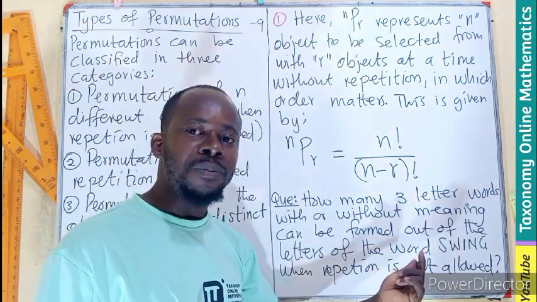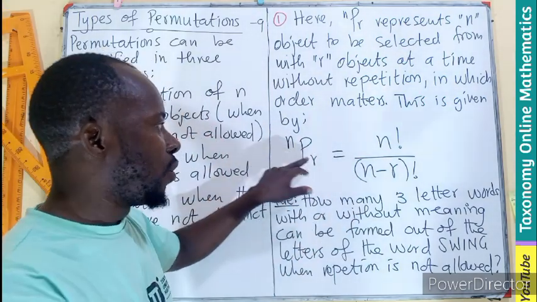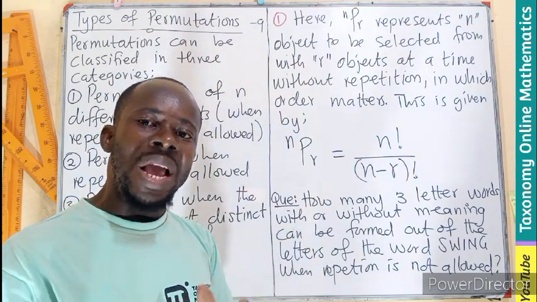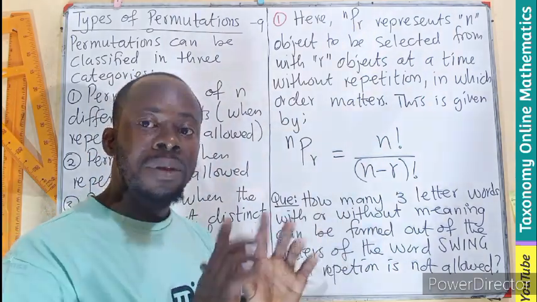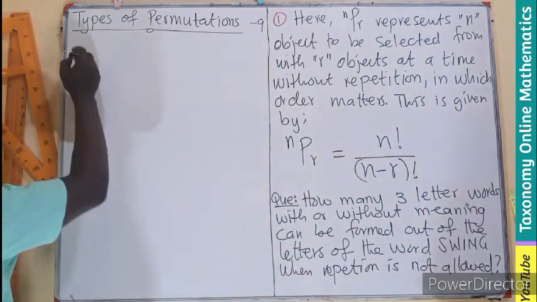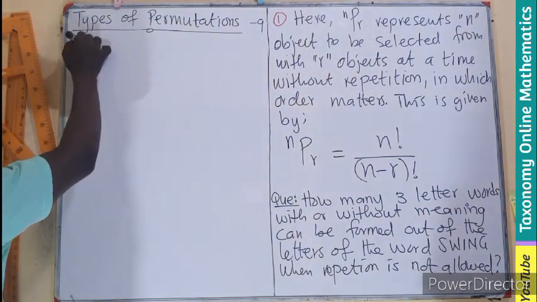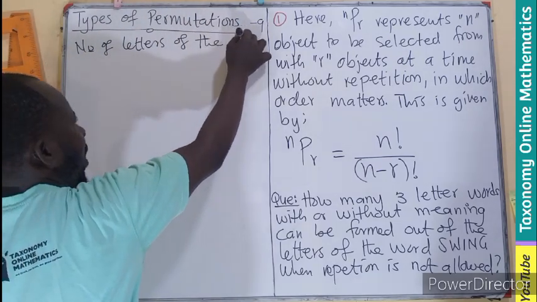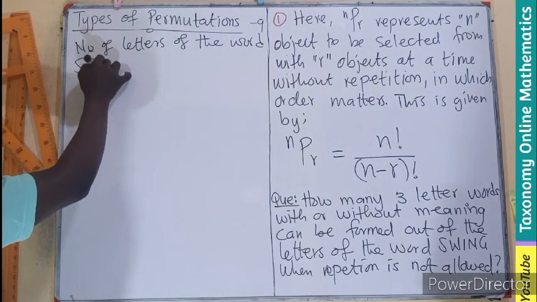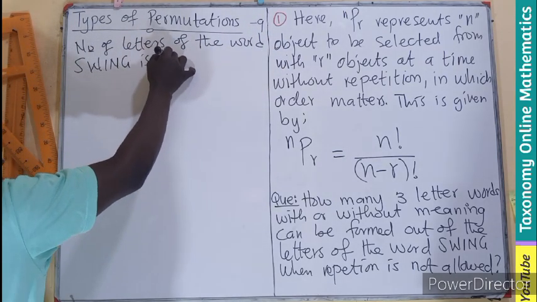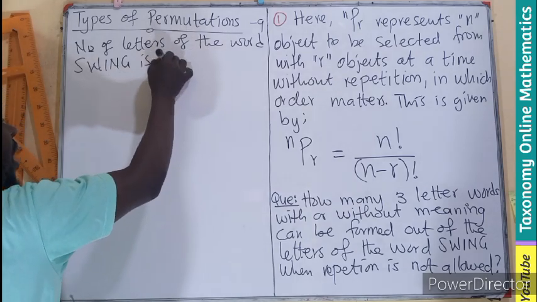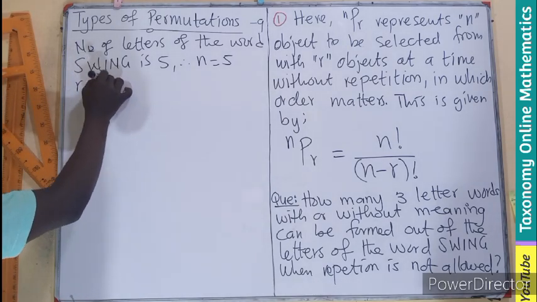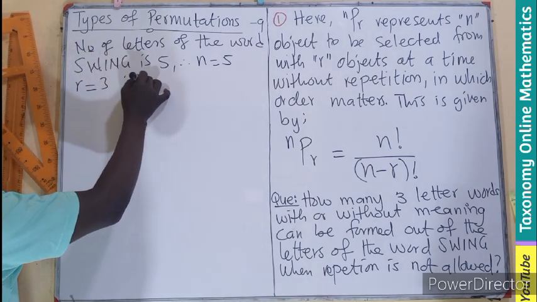So we are going to have 3 of them, which means we are going to have 5 combination 3 in this calculation to give us the total number of 3-letter words that can be formed from the word swing. From here, we can say that our n, or let's say number of letters of the word swing, is going to be n equals what? Let me just say it is 5. Therefore, n is 5. Then our r equals what? 3, which is just 3